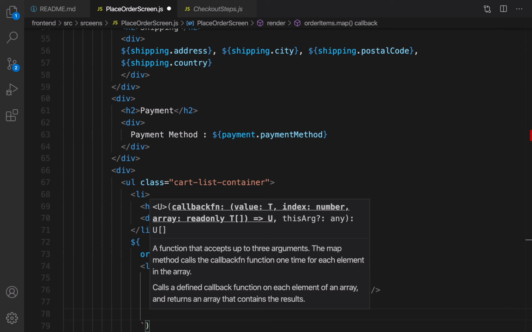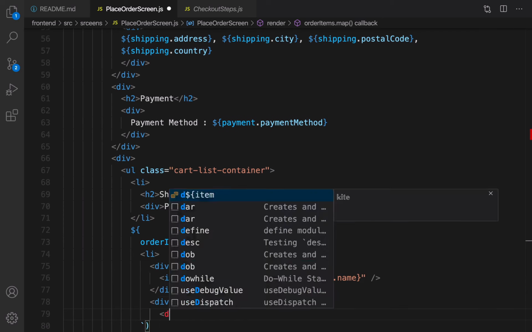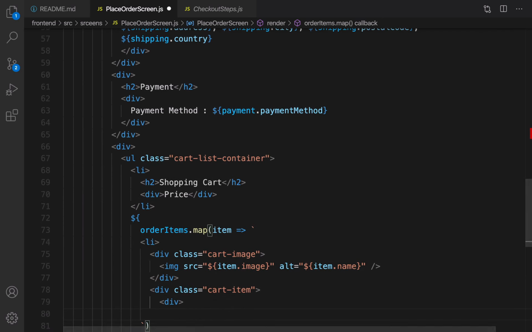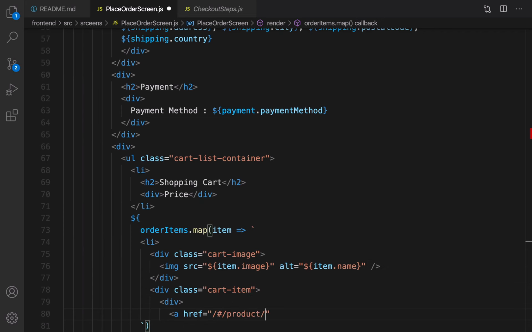And it's time to create a div for cart item. Div class cart item. Inside that, create a div, create anchor, set href to /product/ and the ID item product,